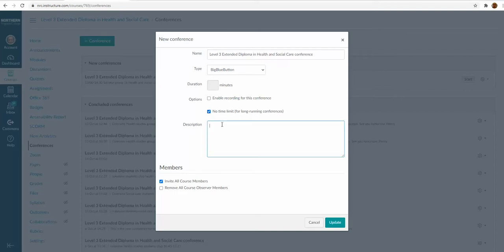This bit, the description, is very, very important because students need to be able to see which group is invited to this conference. So in this section I'll put Coleraine maybe first. I have had the pleasure of teaching a couple of students from Newtownabbey and Ballymena right at the very beginning, because they weren't sure whether it was for them as well as the Coleraine students, so they popped up, but it was fine, it was grand. So I'd put Coleraine, say health studies here,